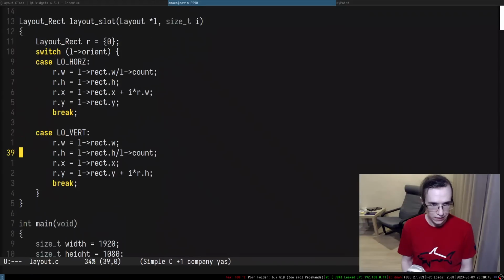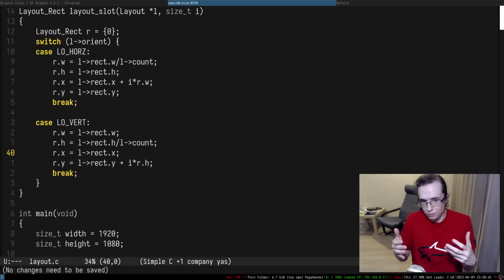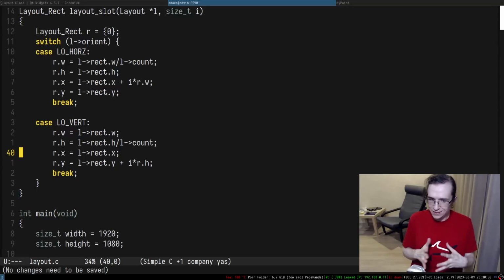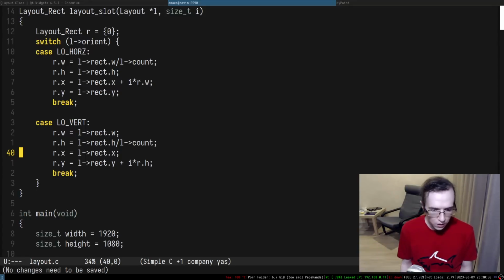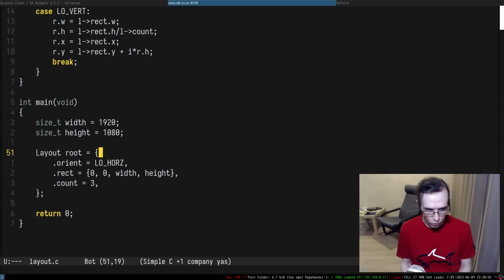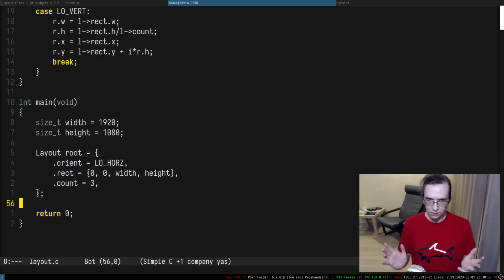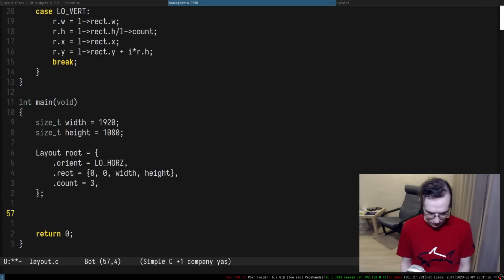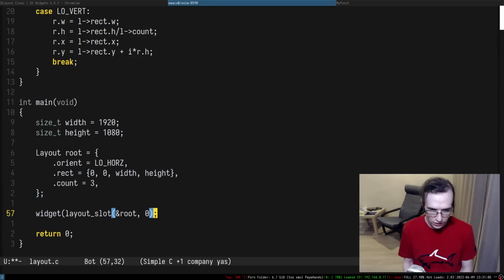All right, so we got this thing that basically picks the ith slot. This entire thing picks the ith slot. So we allocated the whole root thingy, and then we should be able to do something like layout slot root and give me the 0th slot, and then actually render the widget within that 0th slot.